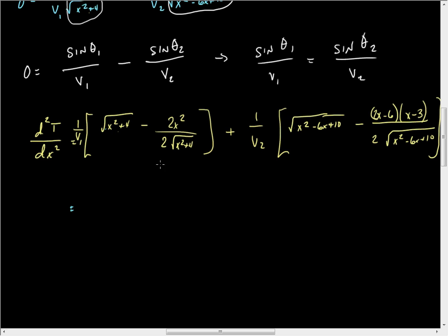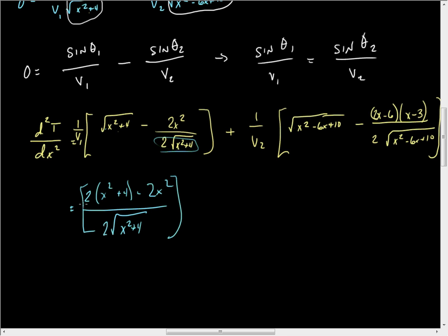So we have to multiply by this on top and bottom over here, and so that's going to give us 2 times x squared plus 4 minus 2x squared, and this gives us all over 2 root x squared plus 4, 1 over v1 plus 1 over v2. And this is going to give us 2 times x squared minus 6x plus 10,